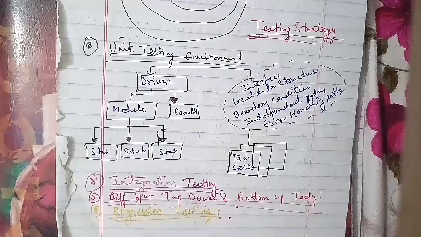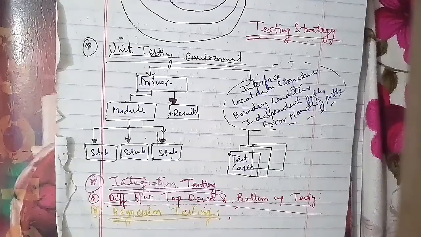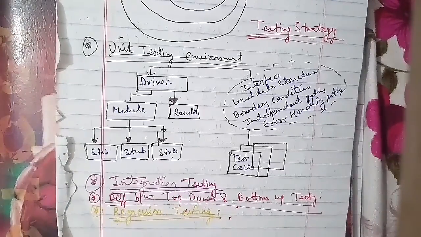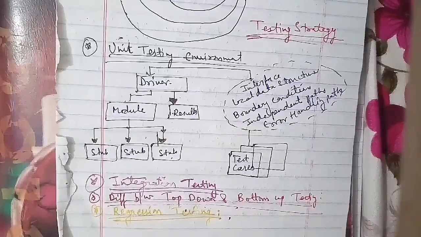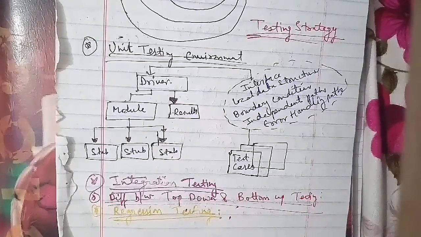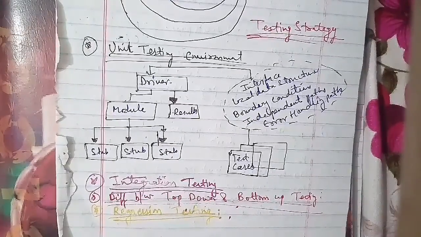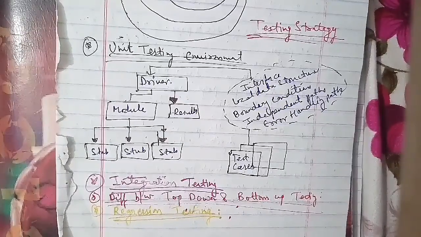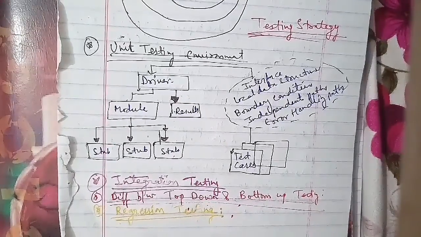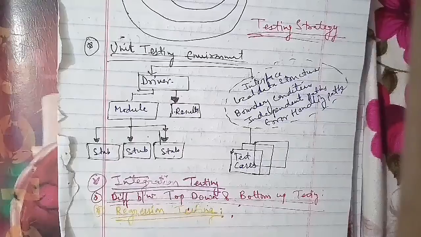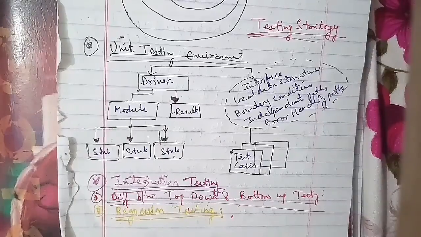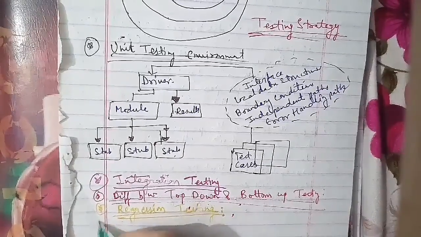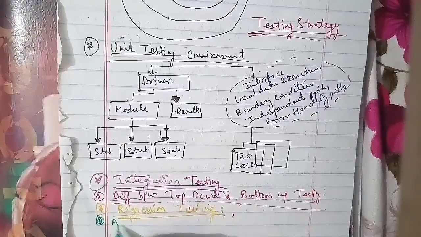We also have to ask why regression testing is an important part of integration testing procedures. This has been asked for 10 marks. So the attributes of a good software test here: all tests should be traceable to customer requirements. Tests should be planned long before testing begins, and the Pareto principle can be applied to software testing, like 80% of all errors uncovered during testing will likely be traceable to 20% of all program modules.